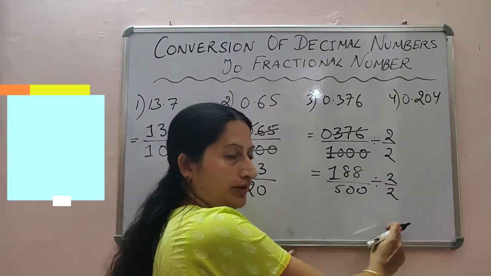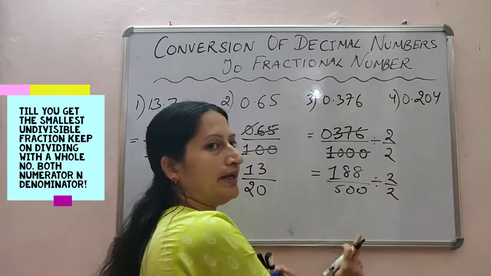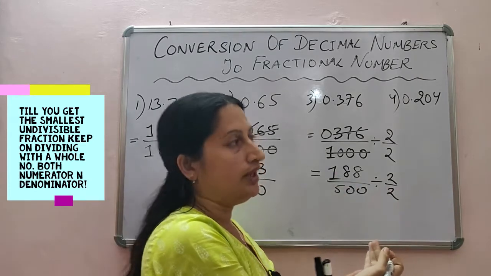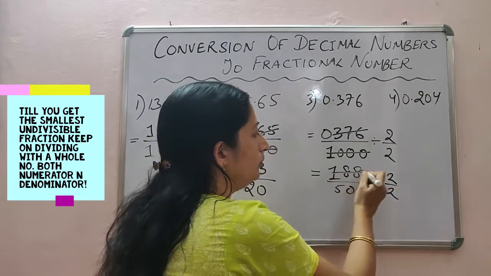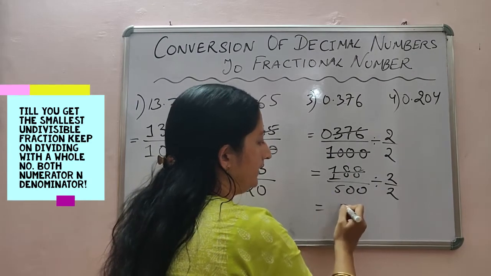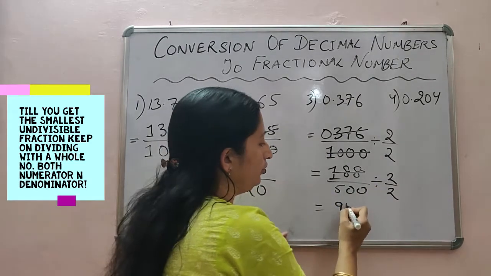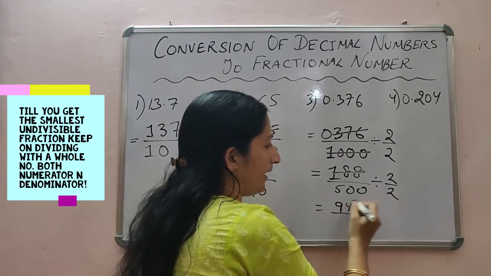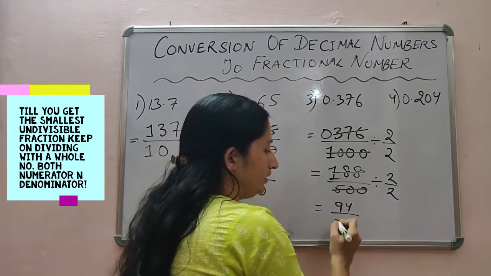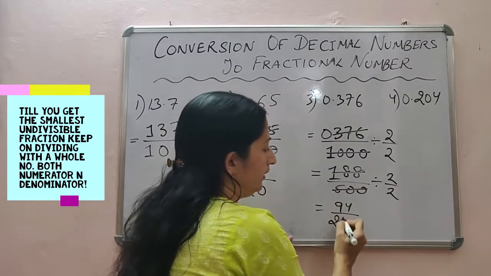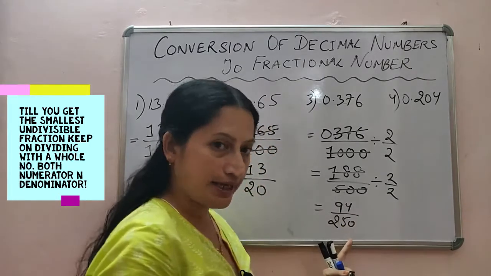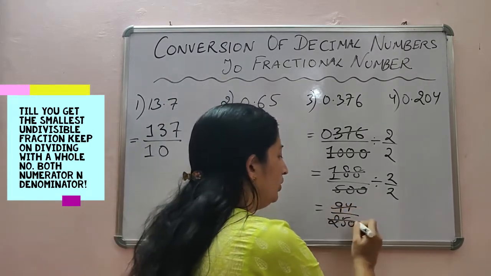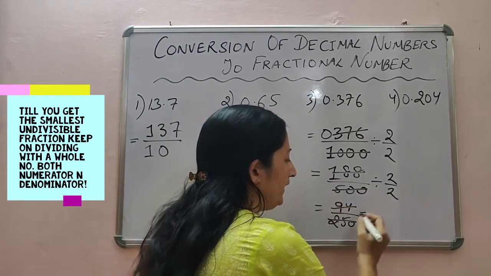We generally don't write it like this separately, but just to explain to you, I have written it here. So 2 9s are 18, and 2 4s are 8, so here we will get 24, then 50. Now this again we can divide by 2. So you see what we will get.